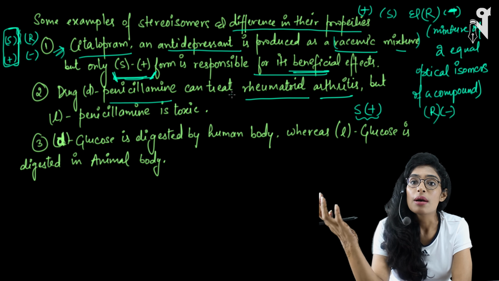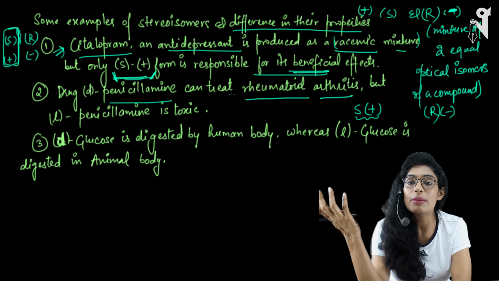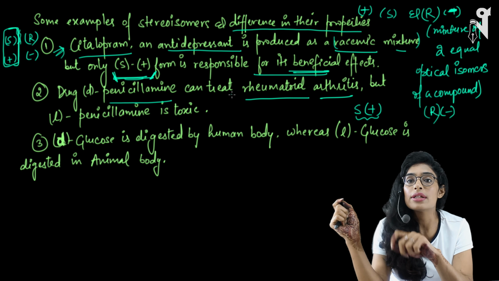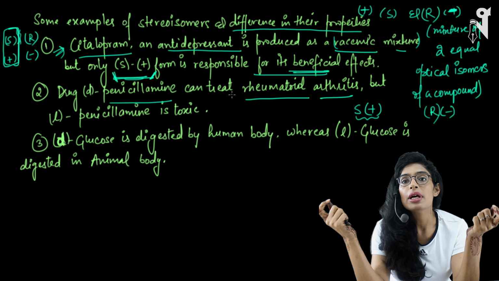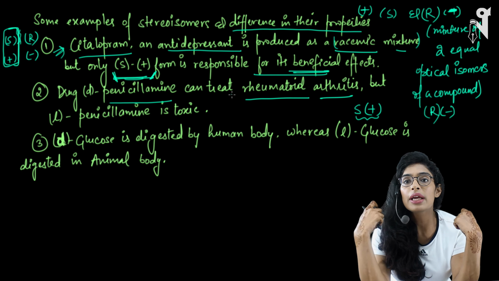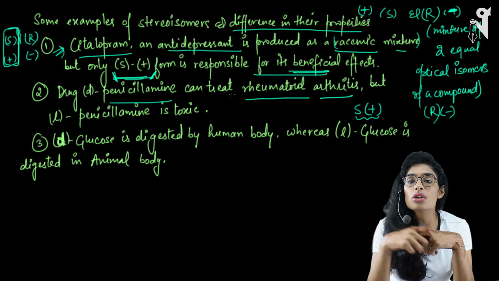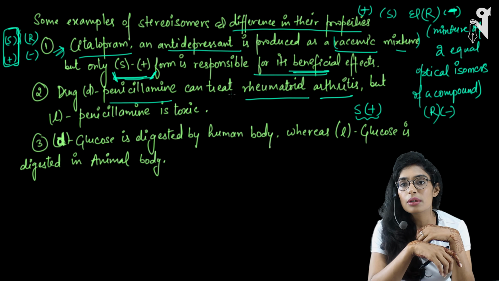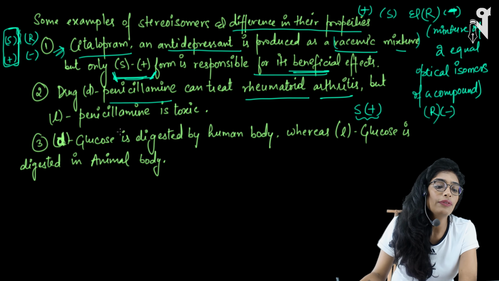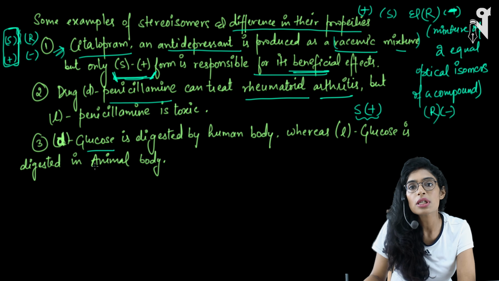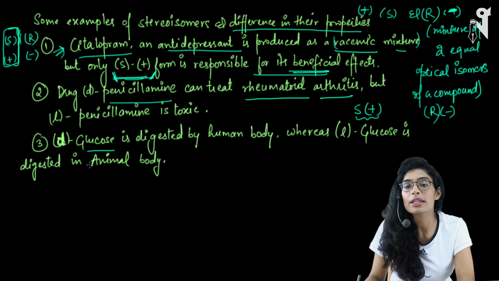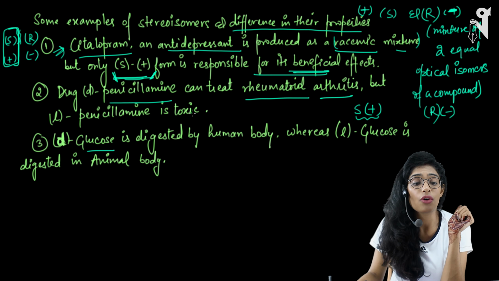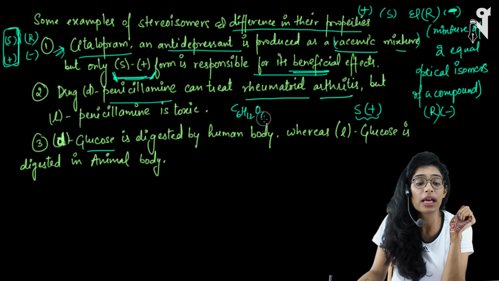So if somebody by mistake takes L, or some medicine company does not check the isomers very properly and gives L instead of D, because the compound name is still same, they just change the isomer and give, then rather than being helpful for a particular disease, it will actually cause a lot of toxic properties in the body. It can cause different other problems in the human body. Okay, similarly glucose also has two forms. One is D, another is L. Again, this D and L are the isomers of glucose, though the formula is still same. Formula is C6H12O6, only it has two forms.